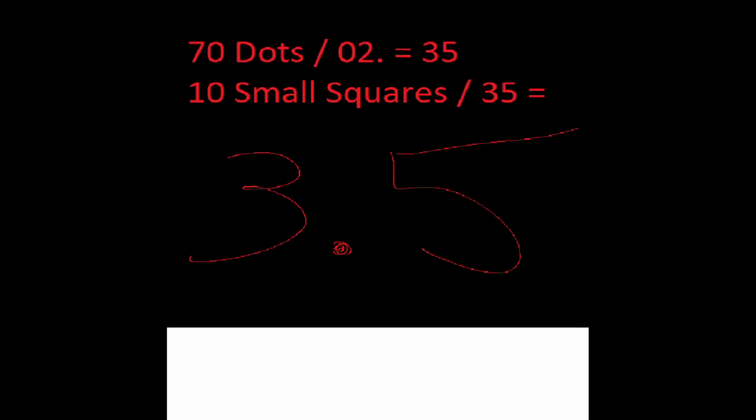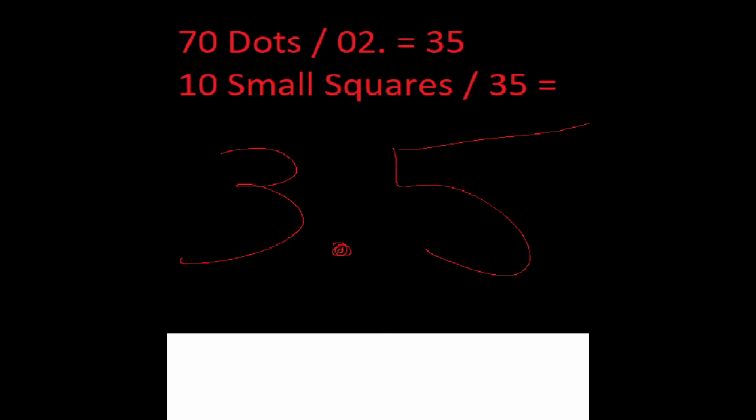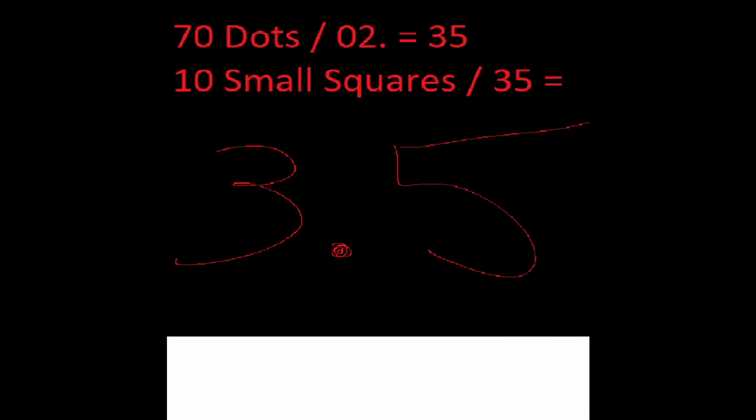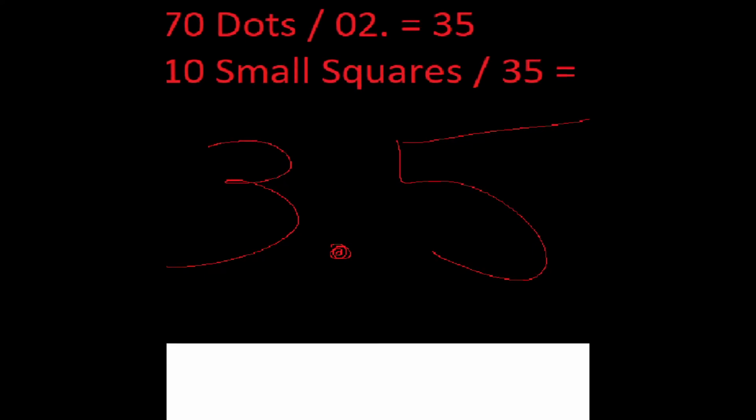Then what I looked at is all these small squares and a big square. I saw the small squares and I said, well, you've got to add them up to make the big square, right? So I added them all up. There's 10 and there's a big square there. It just looks like a mathematical problem to put the squares where the square is. So that's 10. And I took the first equation, the answer of 35, and put it where the squares were. So you take that 10 divided by 35, or 35 divided by 10, and you come up with